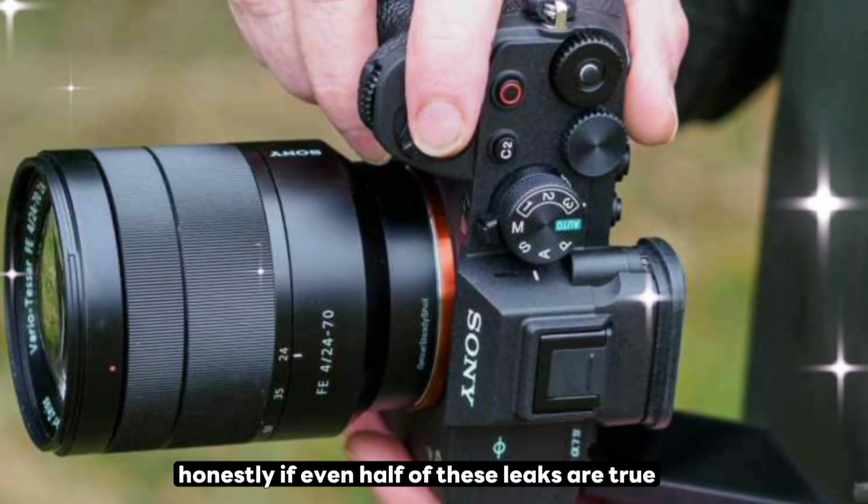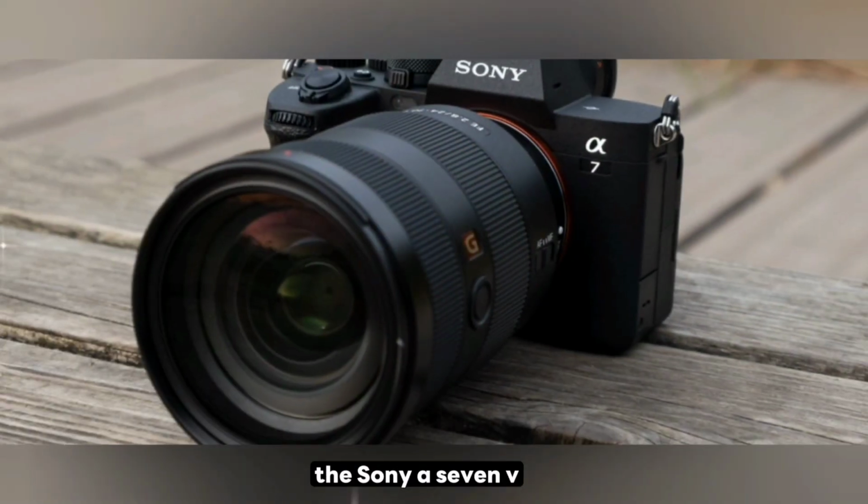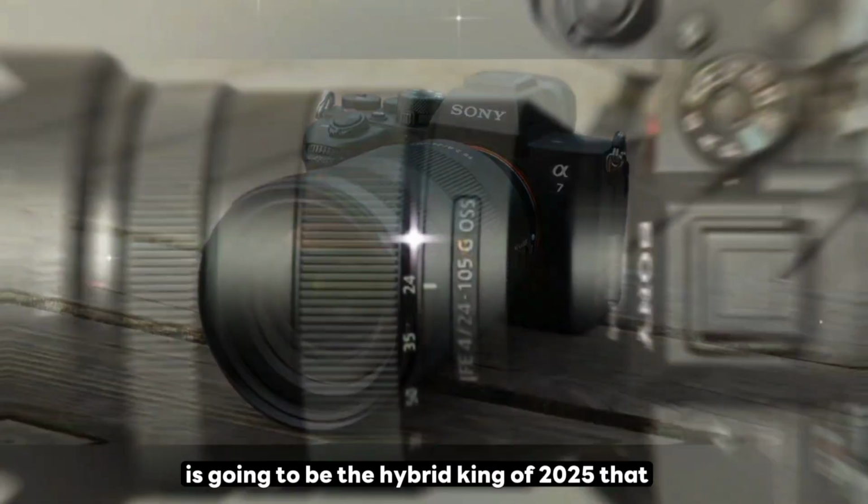Honestly, if even half of these leaks are true, the Sony A7V is going to be the hybrid king of